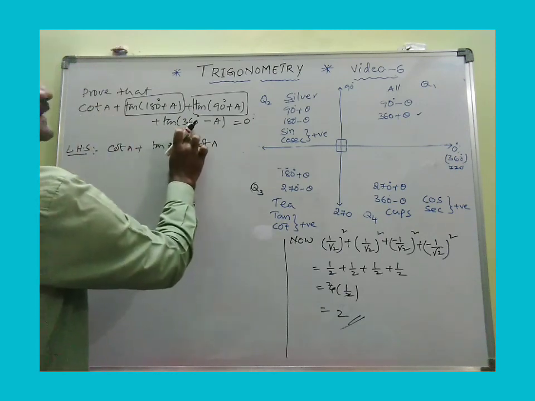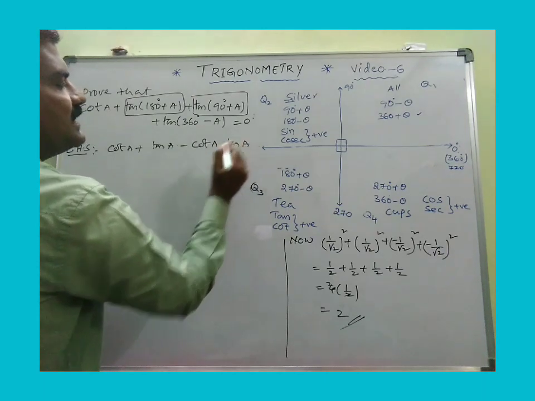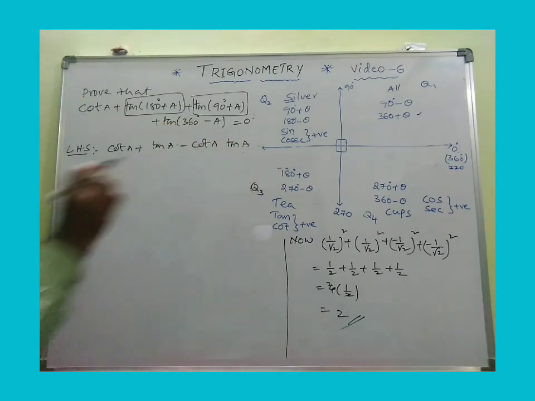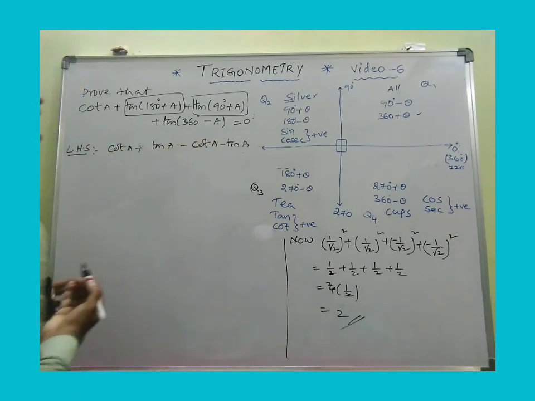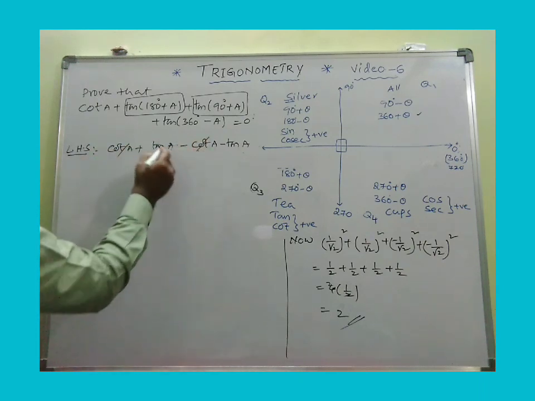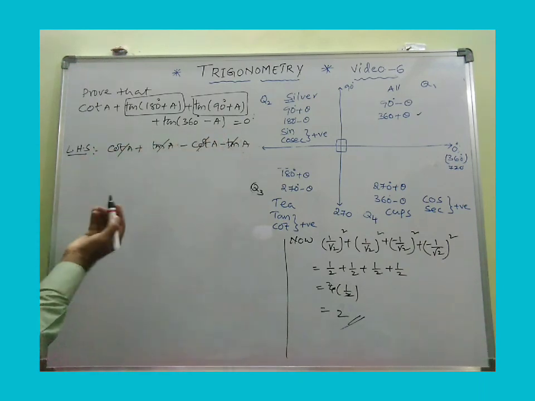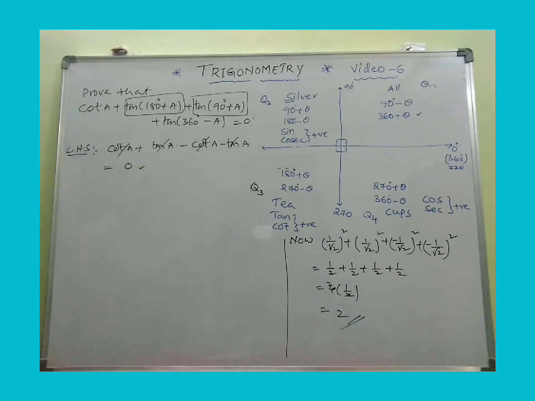Now coming to 360: because of 360, tan is tan itself and the angle is A, and 360 minus theta is in the fourth quadrant. In the fourth quadrant tan is again negative. So it's a single step: cot A cancels, plus and minus, and tan and tan also get cancelled, hence the answer is 0. See how simple it is if you know the concept. So my dear, please learn the concept of allied angles very carefully.